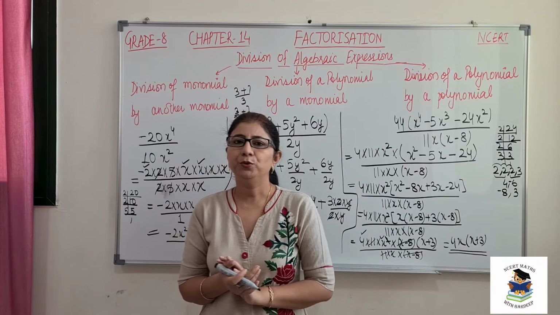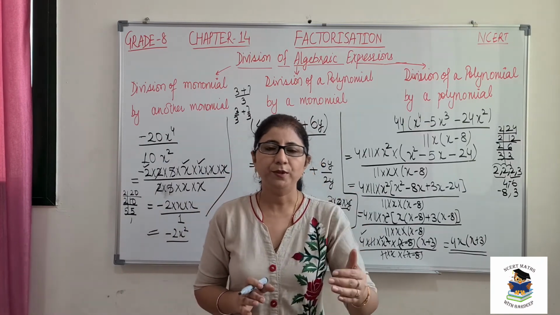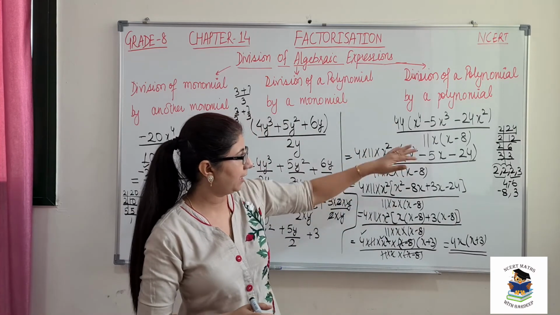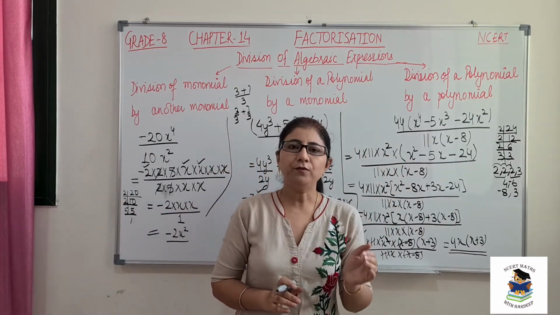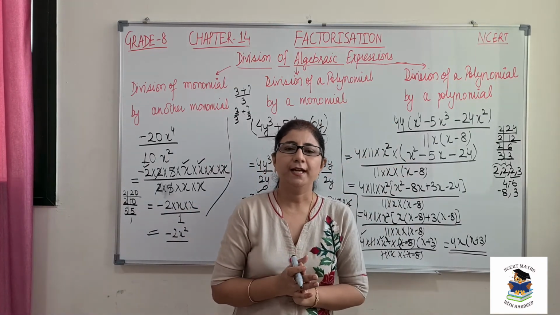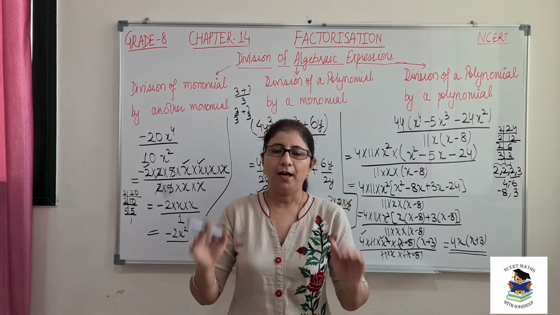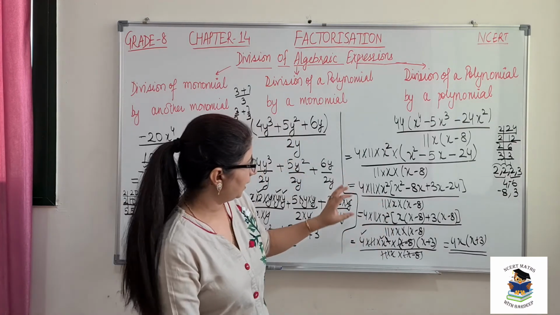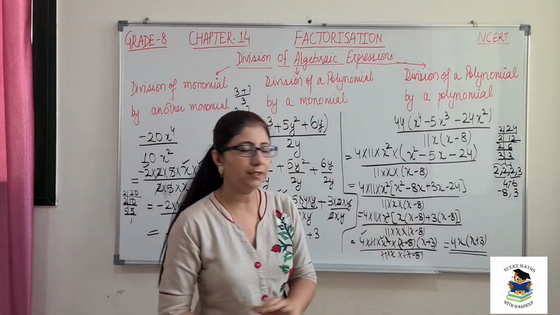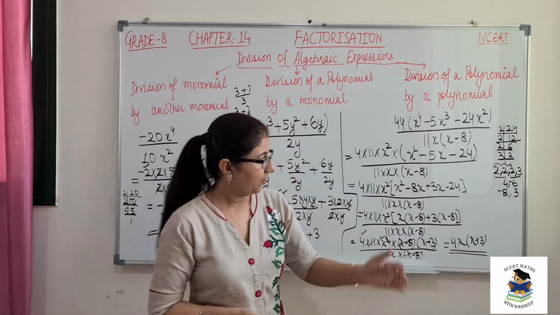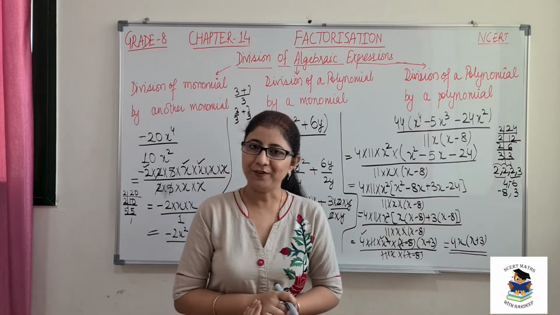So this is our answer for division of a polynomial by a polynomial. What we need to do is factorize our numerator and denominator separately, or you can do it together as I have explained here. We will use any of the methods that have been covered under the topic of methods of factorization. After simplification, when you have the factors of both numerator and denominator, again we will cancel the common factors, and whatever is left is our final answer.